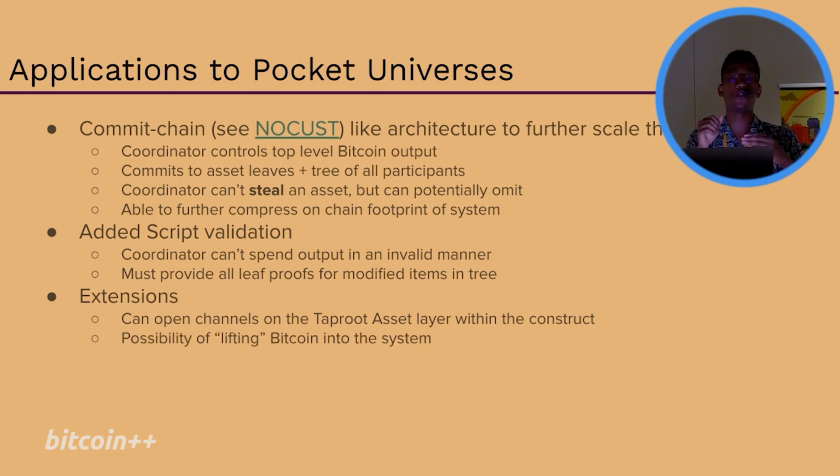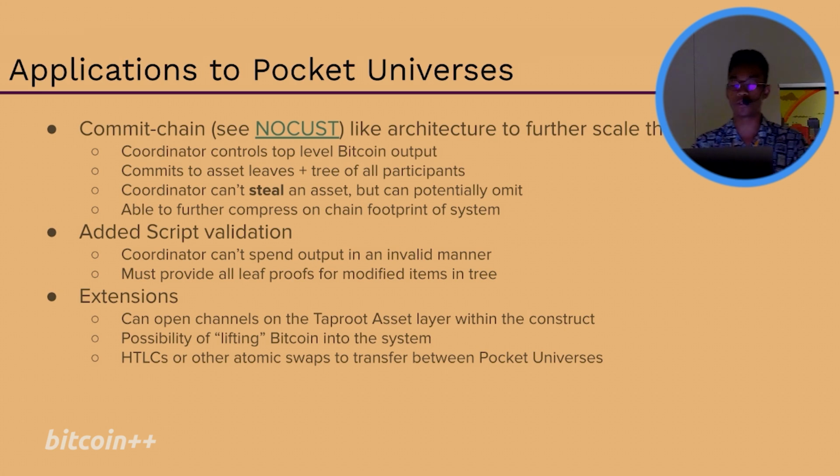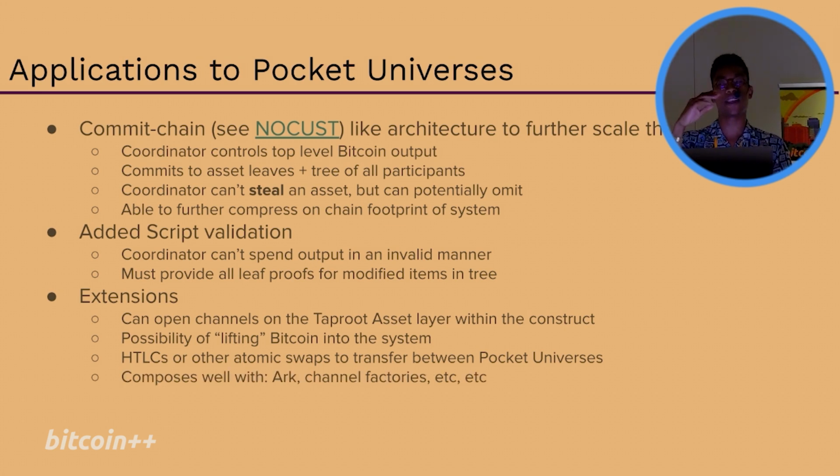You can also, in theory, lift your Bitcoin output into the system itself by spending your Bitcoin and then creating something that represents it in that system itself, and then putting it into this construct to maybe enjoy some of the scalability benefits. You can do things like atomic swaps, HTLCs between these Pocket Universes as well. I think it also composes well with things like ARK, channel factories, basically anything that has these multi-party off-chain contracts can also be done in this because this thing basically is a UTXO. So it basically is a Taproot Bitcoin output itself, at the lowest layer,